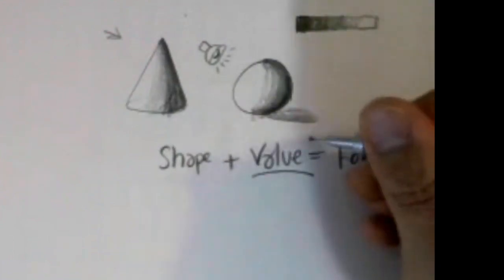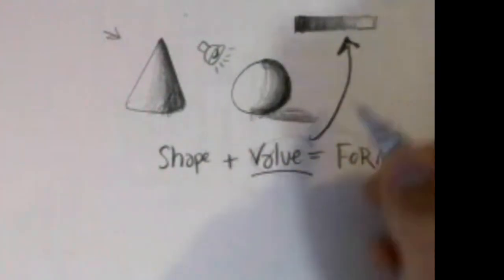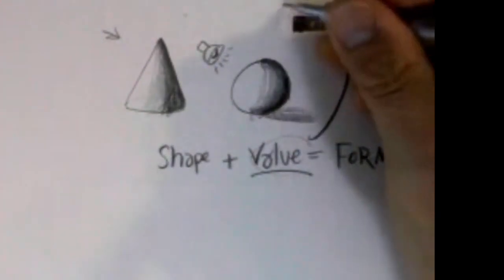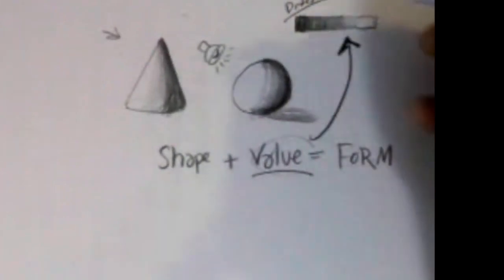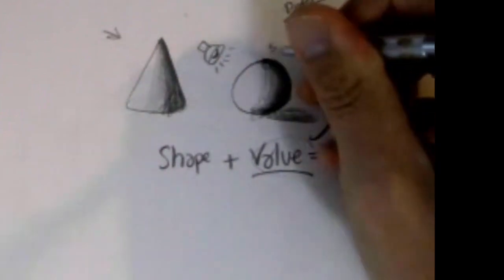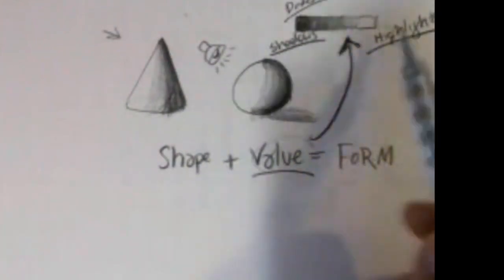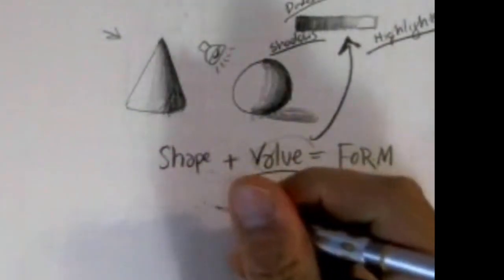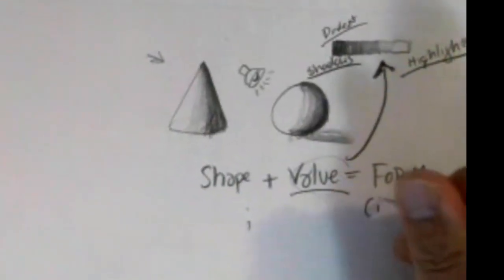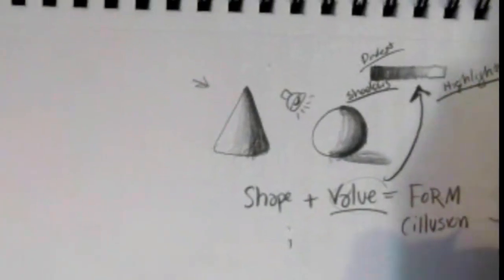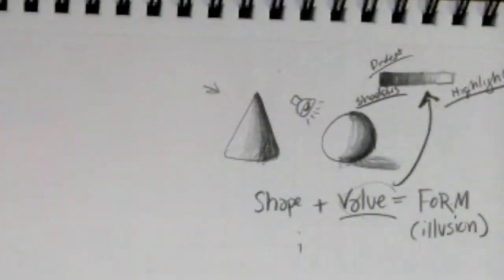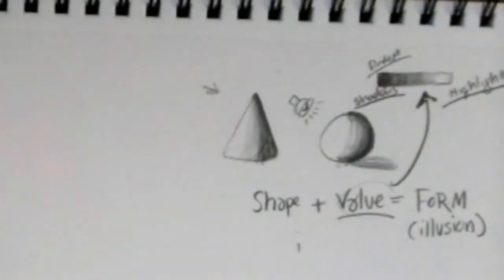And what is value? That's value. Value right here. Okay? Full range. Darkest darks, which is our shadows, to our lightest lights, which is our highlights. So highlights, shadows. When you show that full range, everything in between, you really create that illusion. I'm going to put illusion of form. Okay, it's not actual form, it's the illusion of form, because an actual form would be like this